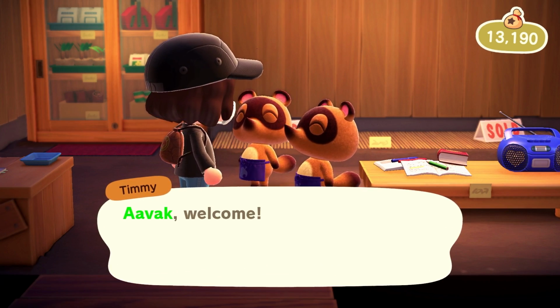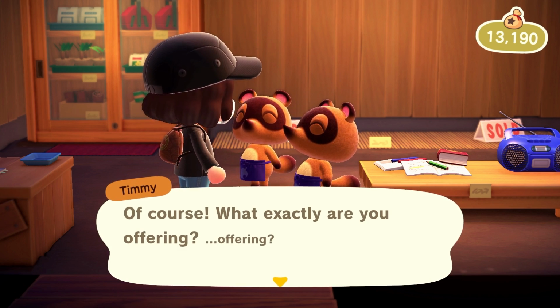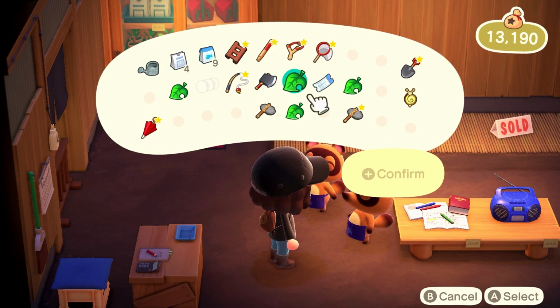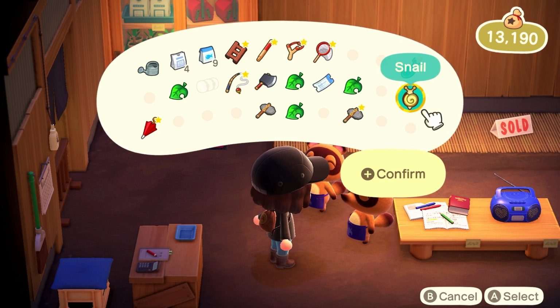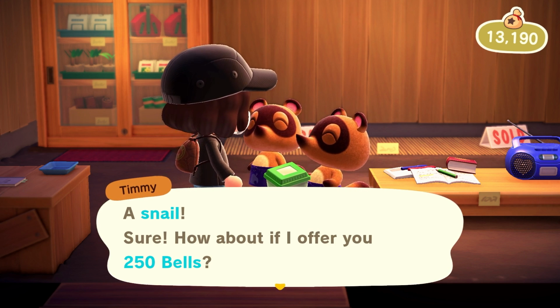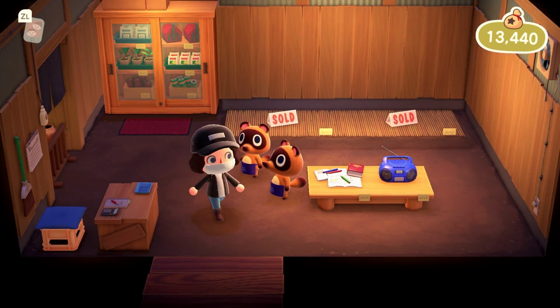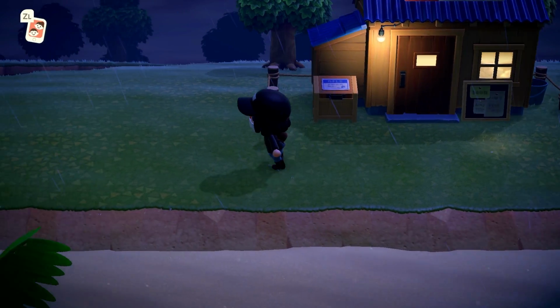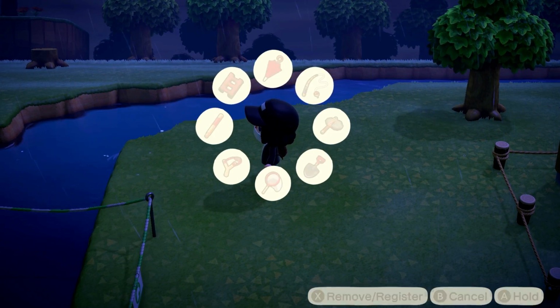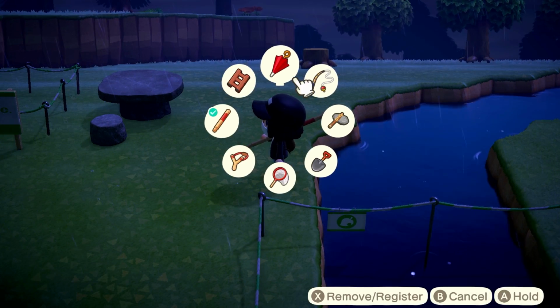Hello. I would like to sell some things. For 2 days straight, one of your villagers has been singing in the square. That sounds like a very good problem to have. What's that? Sure. How about 250 bells? Sold. They're worth more than apples. Granted, a little bit more annoying to gather in bulk than apples, but...